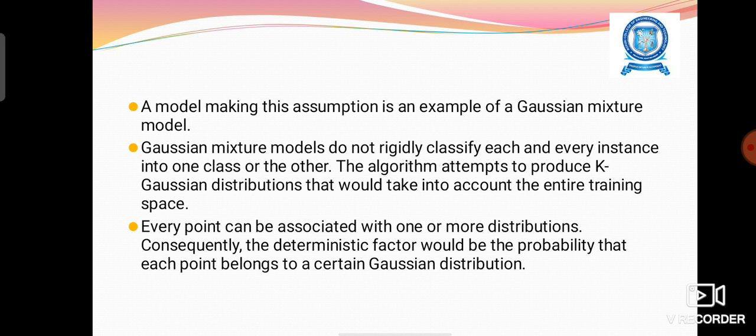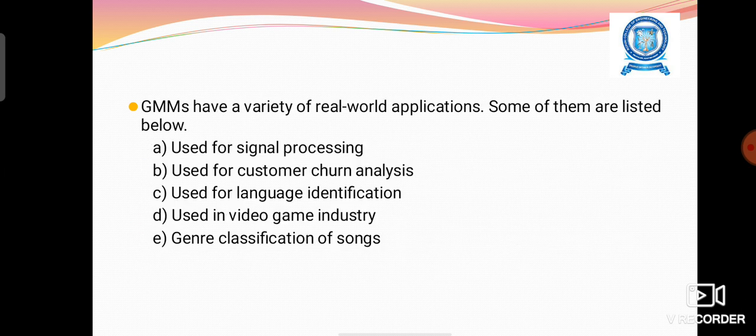The algorithm attempts to produce k Gaussian distributions that would take into account the entire training space. Every point can be associated with one or more distributions. Consequently, the deterministic factor would be the probability that each point belongs to a certain Gaussian distribution. And GMM models have real-world applications like signal processing, customer churn analysis, language identification, the video game industry, and the classification of